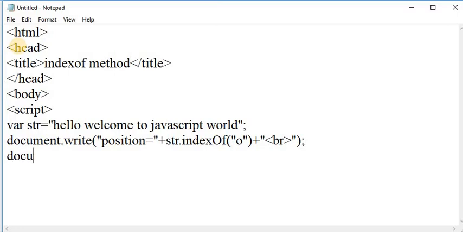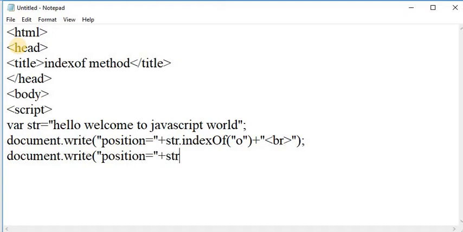Here by using document.write, I am finding the position with the index value of O.